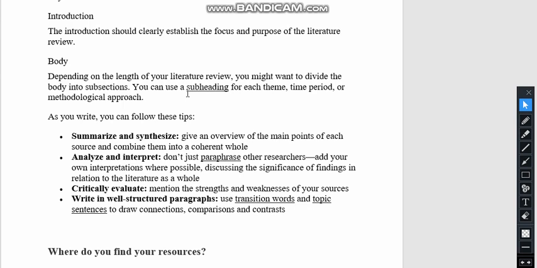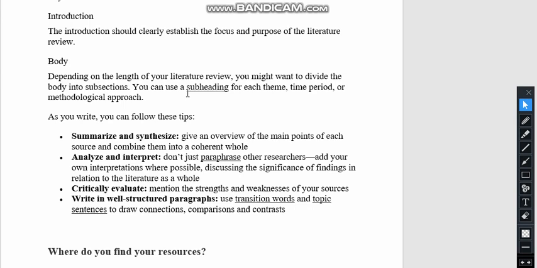and then using the given tips you can make your literature review more presentable. First, summarize and synthesize. Give an overview of the main points of each source and combine them into a coherent whole. Then analyze and interpret. Don't just copy paste the work of other researchers.